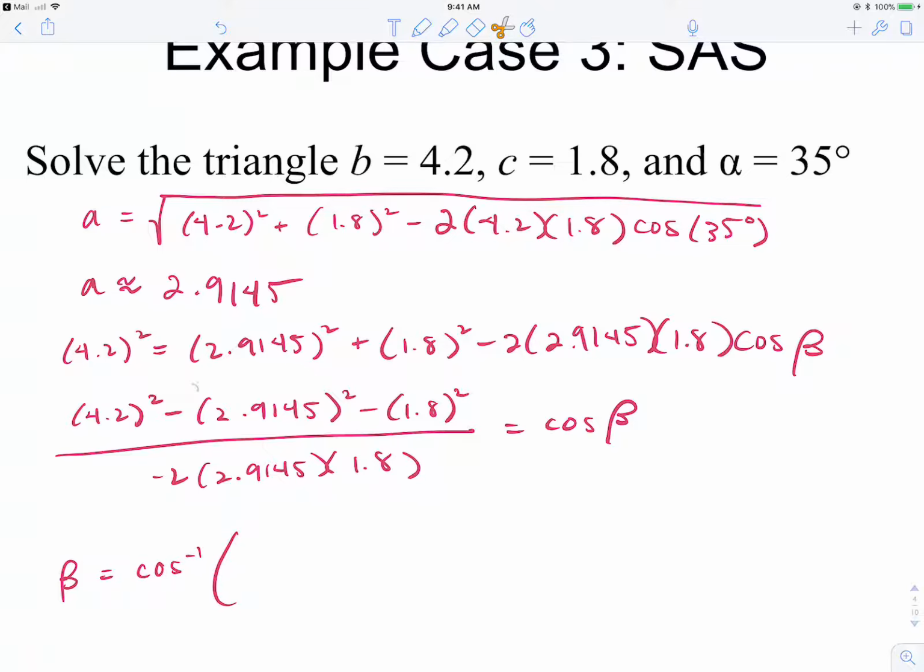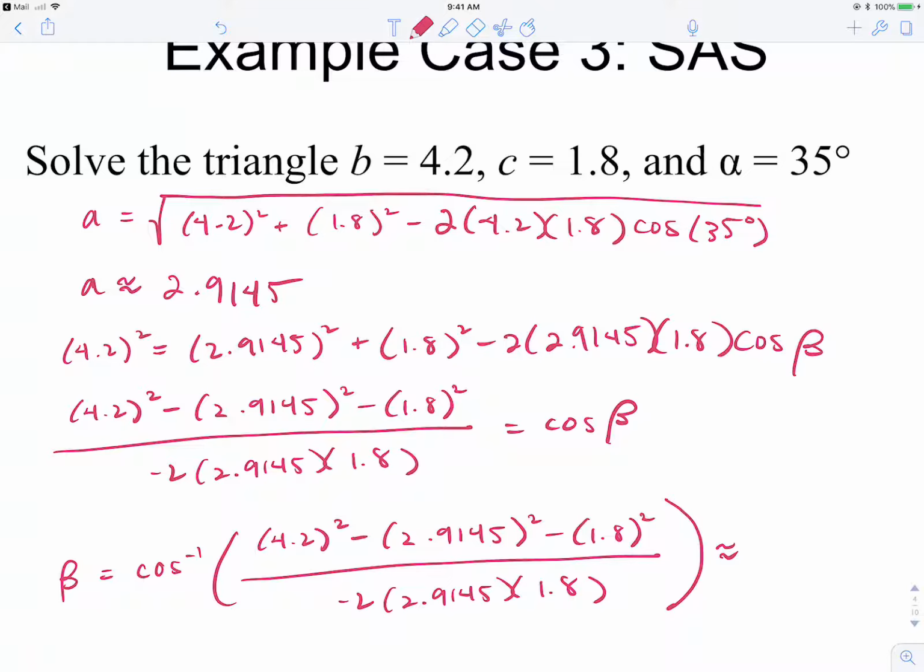Okay, now I need to type that all into my calculator. Make sure you are using parentheses around the numerator and the denominator. I get 124.2541 degrees. And I'm glad that I did not switch to law of sines because inverse sine, let's think about it,